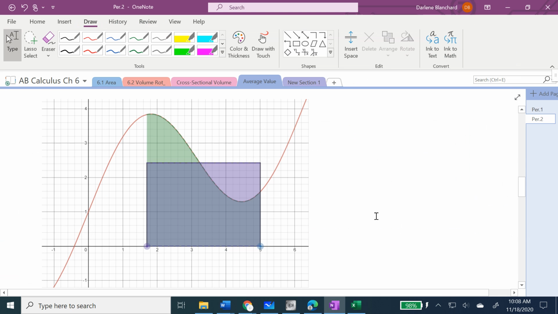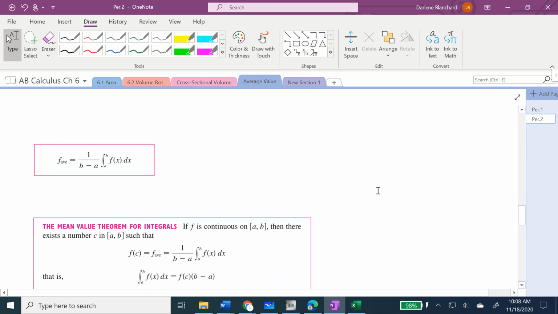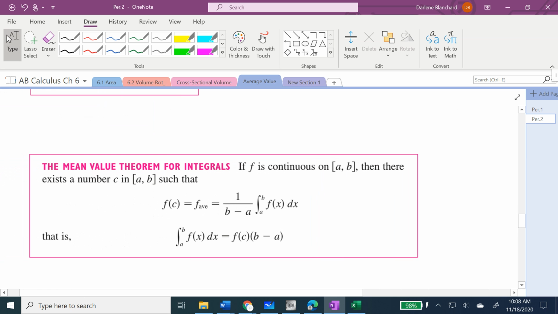Okay, then. So there's your formula that we just talked about. Also, just to make you aware of the mean value theorem for integrals, know that when you see the phrase mean value theorem, you want to refer to what we learned previously, when the AP test mentions it. This is talking about the fact that the average value of your function must occur somewhere in between the region